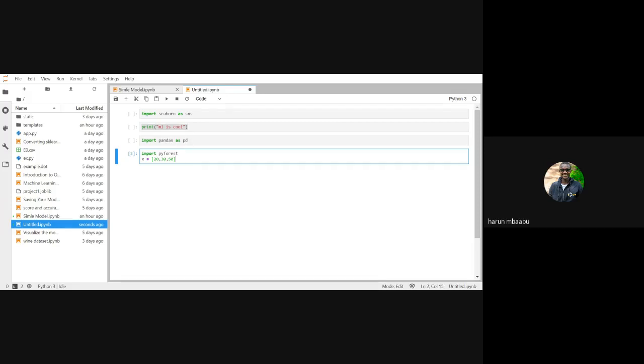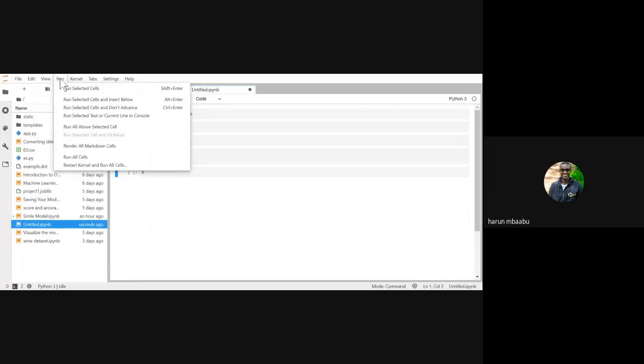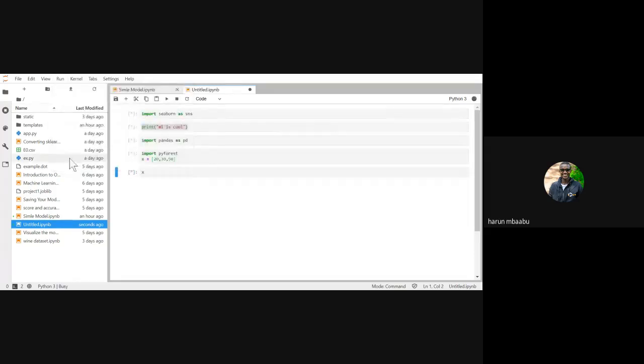Let me escape and introduce a cell below. And I want to run all cells. To run all cells, look at how I do it. On the navigation bar that we have, there is something called Run. When you put your cursor there, you see a drop down with a lot of options. The second last command in the drop down is Run All Cells. When I click there, in the Python 3 on the right hand corner, it turns black, and it will remain black until it executes all the cells.